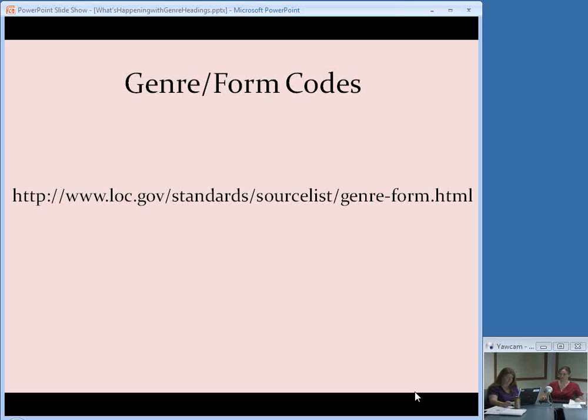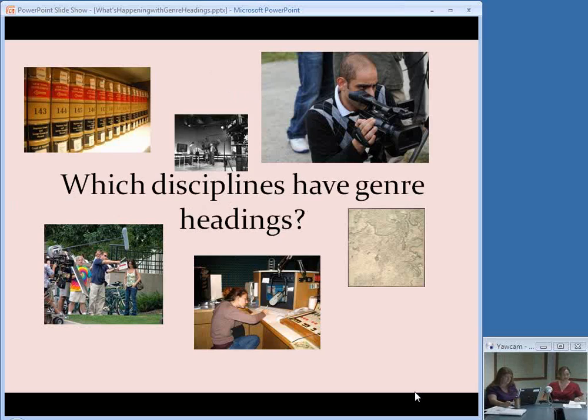All right. Well, we're going to switch gears just a little bit here and talk about which disciplines have genre headings. As I mentioned, we were talking about some of the ones that are being issued piece by piece for specific areas of content. There currently aren't genre terms for all types of materials. And I do want to clarify that when I say that, I mean in the Library of Congress genre form terms. There are other vocabularies, and we'll talk about those a little bit at the end, but right now there are only 6 areas that have Library of Congress terms, and so we'll talk about these in a little bit more